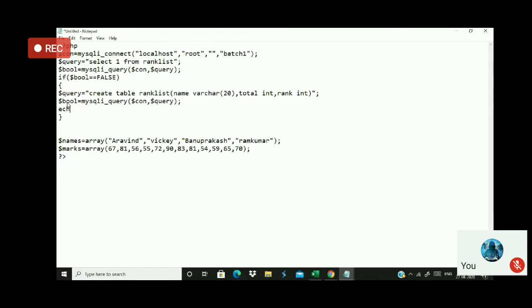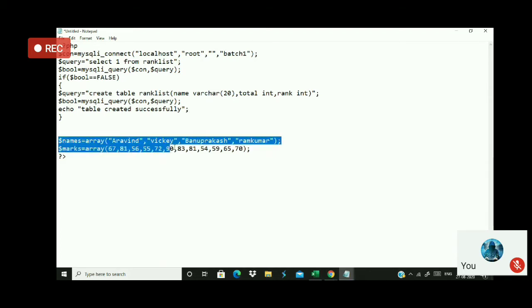Okay. So at the end of this structure, I just mention it, table created successfully.